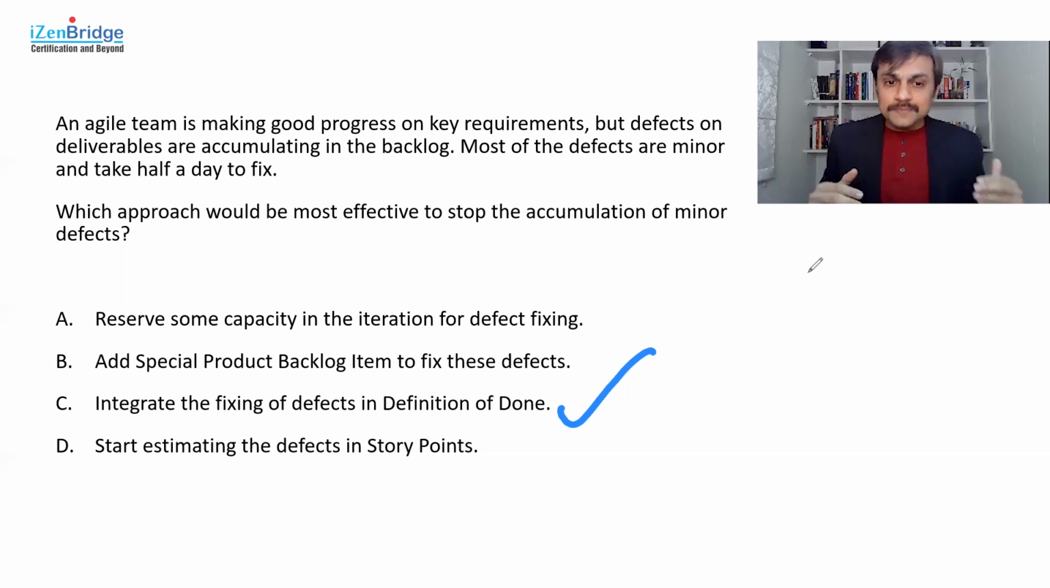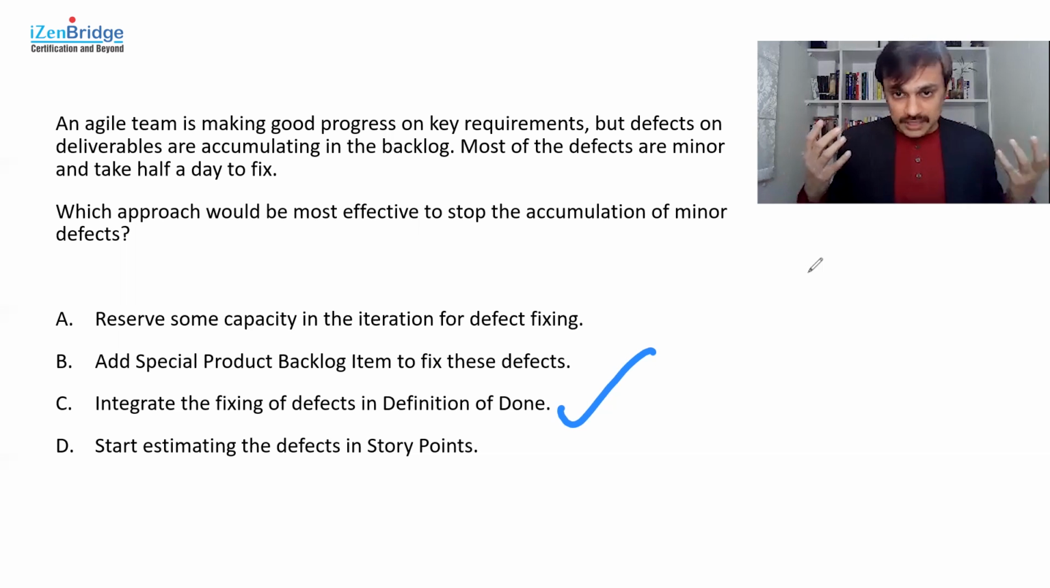Option B, add special product backlog item to fix these defects. So you may add one item or multiple items in the product backlog where you focus on fixing those defects. It's saying that you have accumulation of defects and you can add them into the backlog, and that may make them visible, and at some point you can fix them. But adding things in the backlog may not necessarily stop accumulation. It may make things visible, it may give a good focus in the conversation, but it does not necessarily take care of incremental accumulation of the